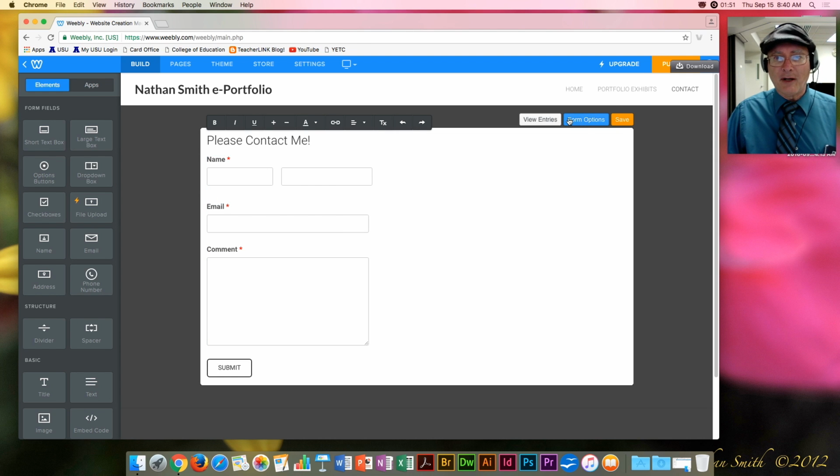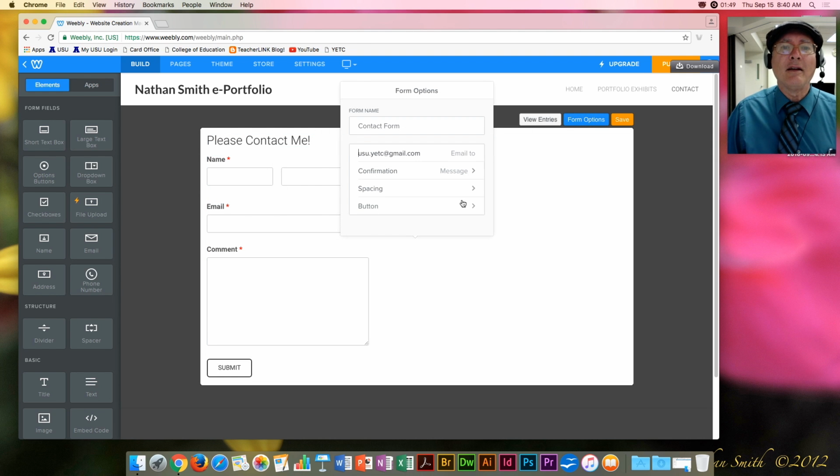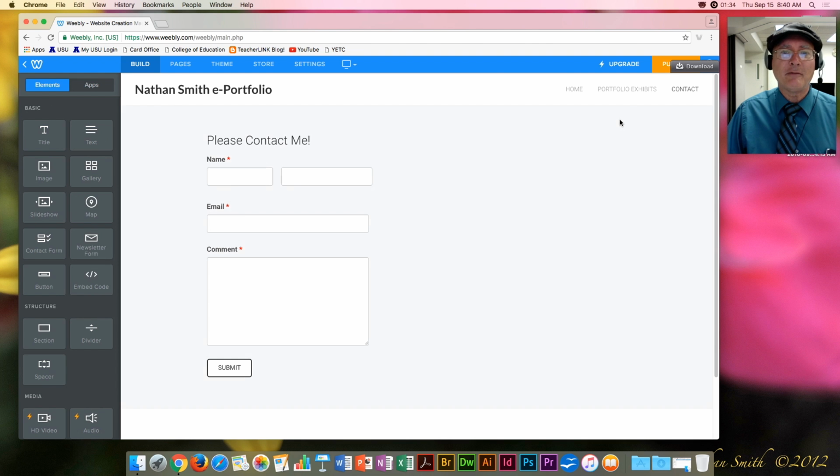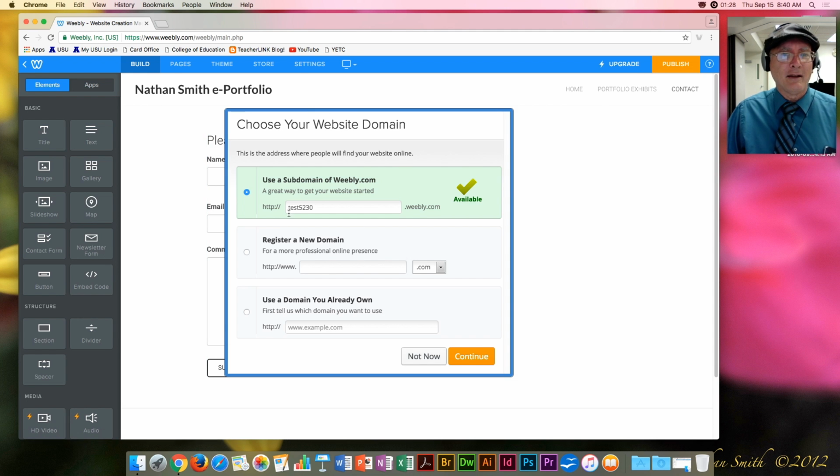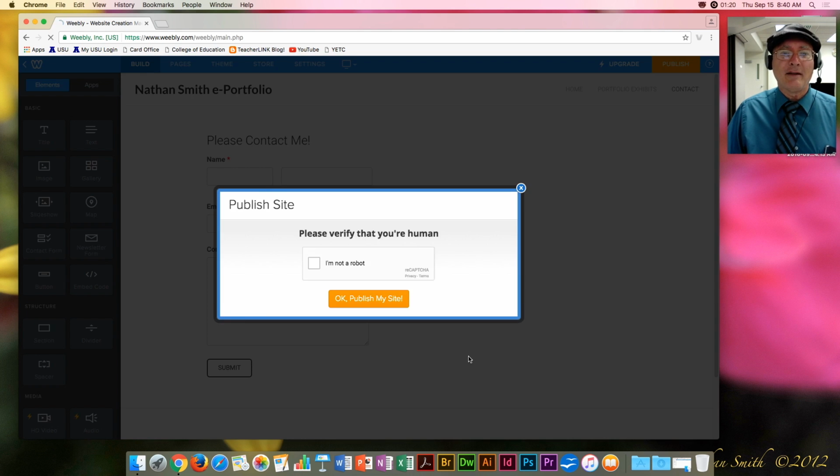On the form options here, it'll say this is going to be emailed to my USU account. I can do spacing and other kinds of things, but when I save that, there's my contact form all ready to go. When I hit publish, this will be the URL that you'll want to send to me, whatever you choose there. And so if I hit publish,